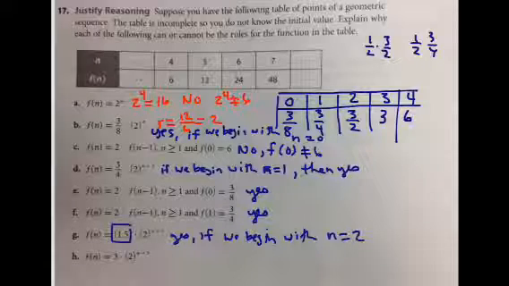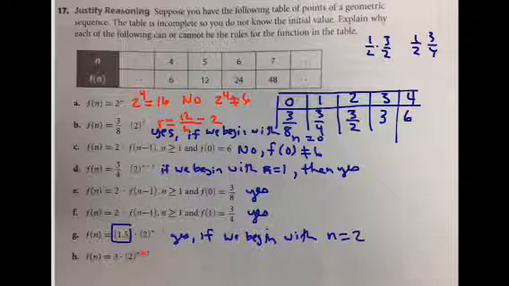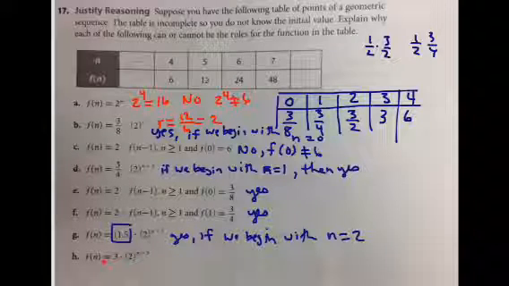And then for H, the ratio is 2, right here, and the first number is 3. So there is a 3 on our table right there. And if I put a 3 here for n, 3 minus 3 is 0, so 2 to the 0 is 1. 1 times 3 is 3. So this one would also be true